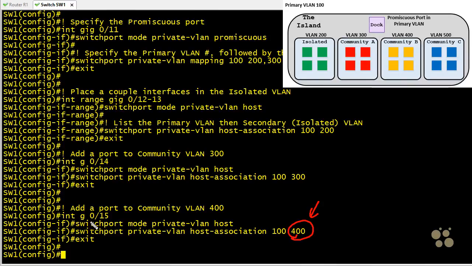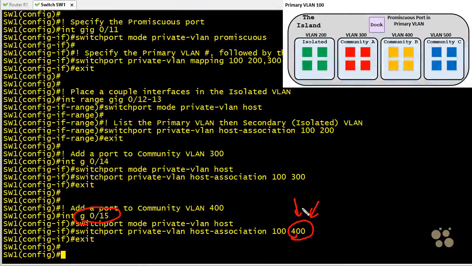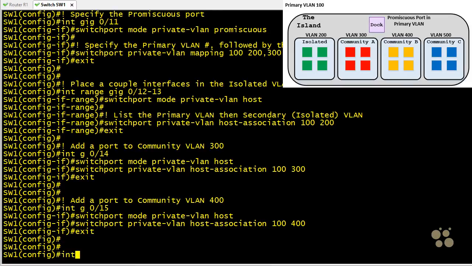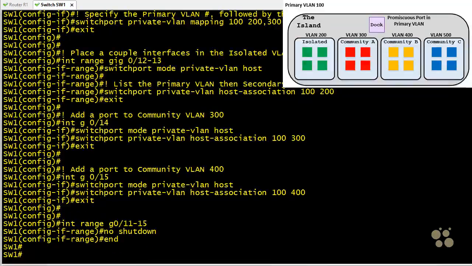So again, other devices that are connected to other ports, which are also part of VLAN 400, would be able to communicate with each other, as well as any promiscuous ports on the primary VLAN. Also, it'd be very helpful if these interfaces, these ports, were in an up state. So we'll go to interface range for them and do a no shutdown just to make sure that they are